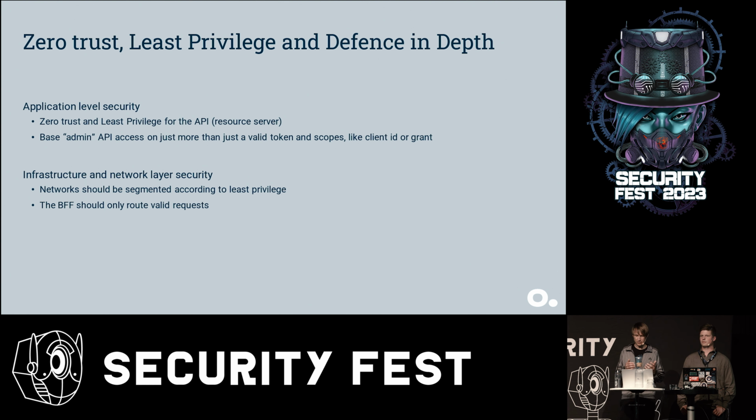And infrastructure and network layer security is also out of scope for this presentation, but we should note that we should use this, of course, and we should not expose internal APIs to the internet just because the cloud makes it so easy for us. So proper network segmentation is important for defense in depth. And we could solve this problem by introducing more hosts and doing proper network segmentation, of course, but it might not be possible for us. And given defense in depth, we shouldn't rely on that. So we should have multiple layers of defense anyway.